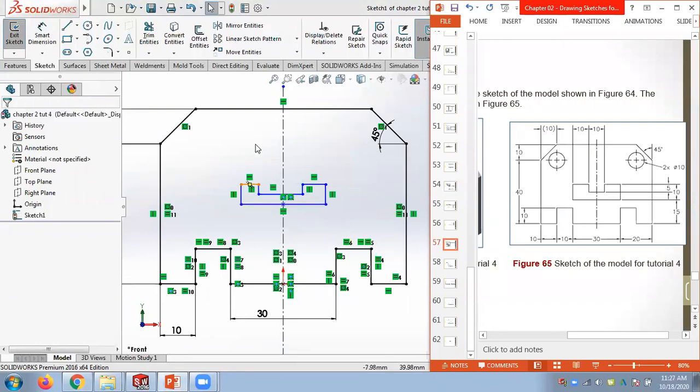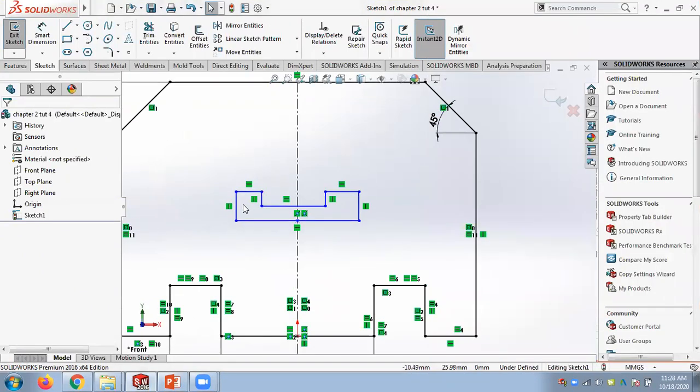Now this is also a symmetric drawing, and this is equal to this one, equal. This one is equal, so there are a lot of relations we can apply. I will give symmetricity.